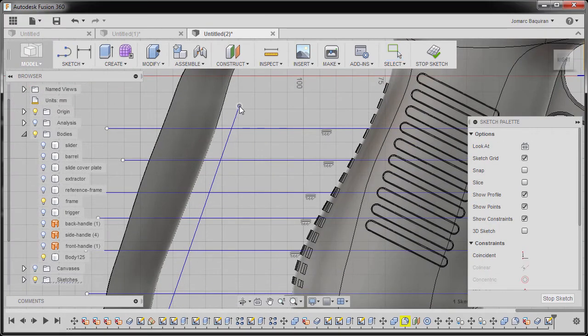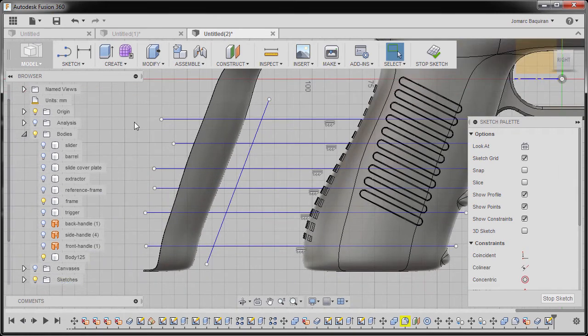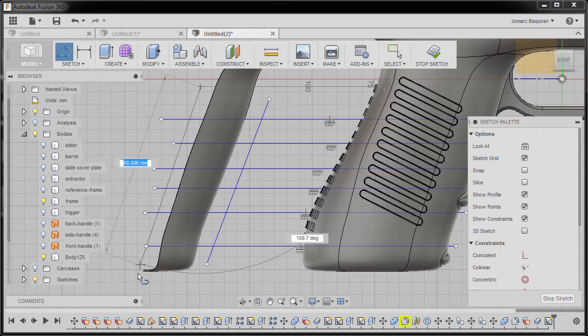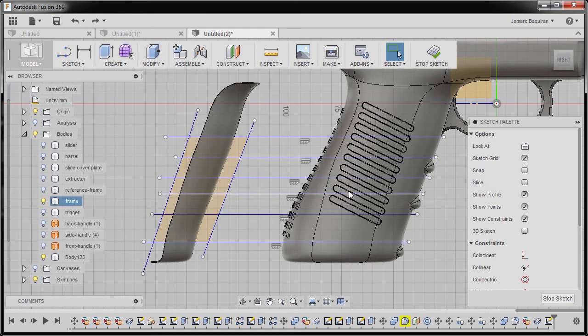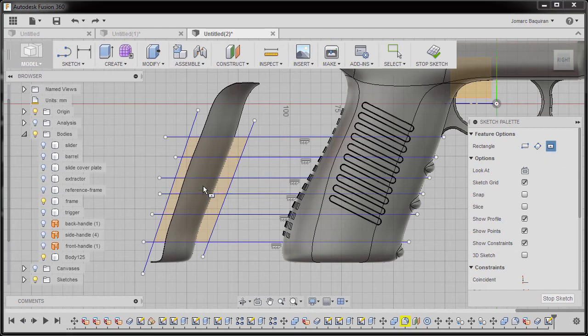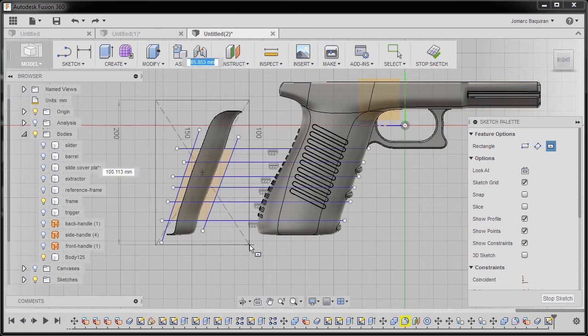So I can delete this one and move this over here. Same here as well, creating another line, hitting escape and making sure this one is beyond, hitting undo. Next, I'm going to hit R for rectangle and select center rectangle. I'm going to drop our first point here at the middle and creating a rectangle,